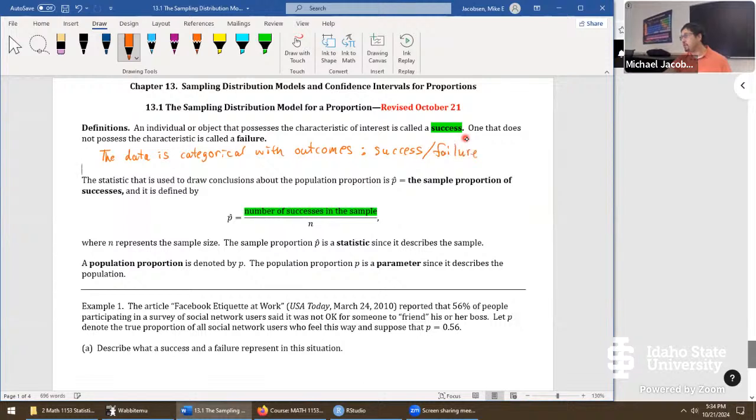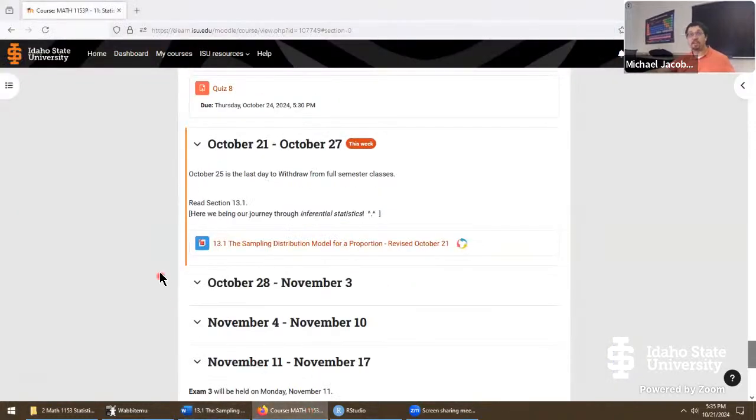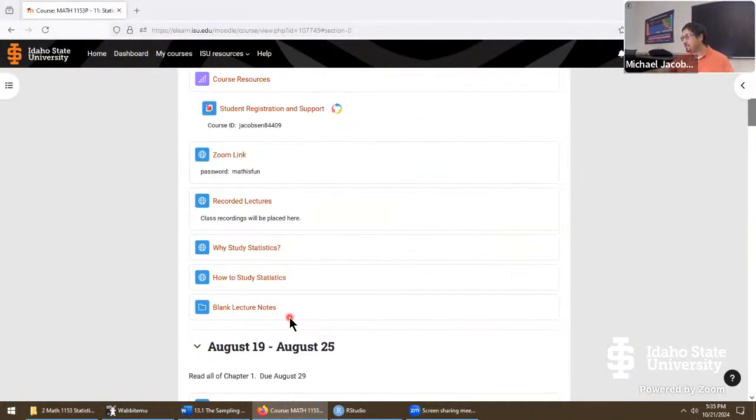Success or failure. So essentially, that's what we're doing in this section. Exactly two outcomes for our categorical variable. Success is going to be the thing you're interested about in the study, and a failure just means that was the thing that we were not interested in. You know, that's the definition, but without an immediate example, it's still kind of foggy. So let's grab something that we've done in the past just to put it in context.